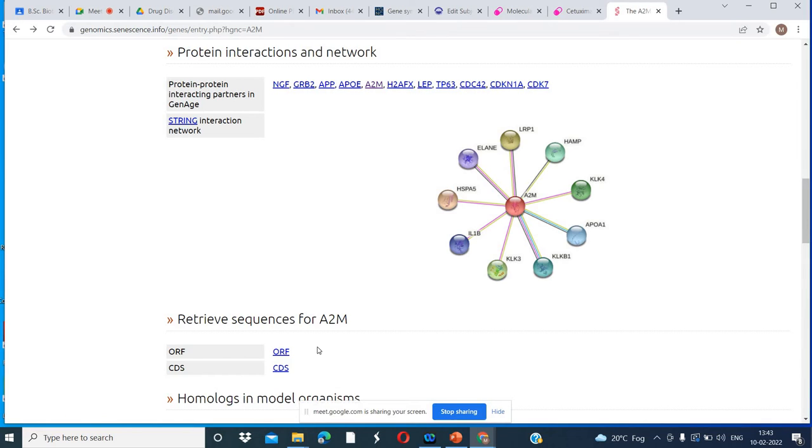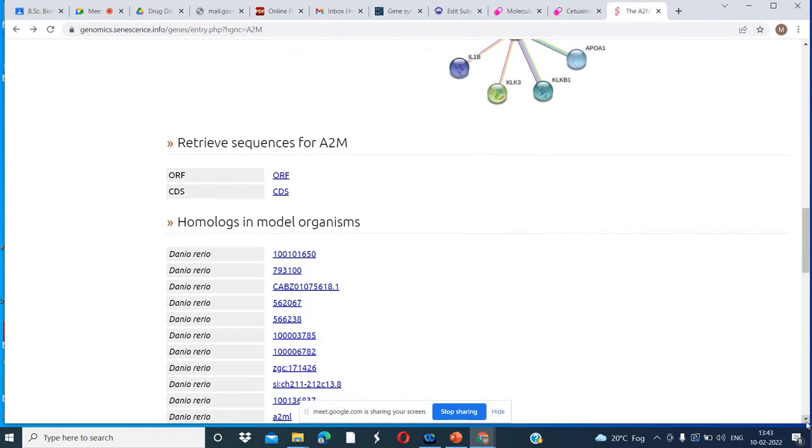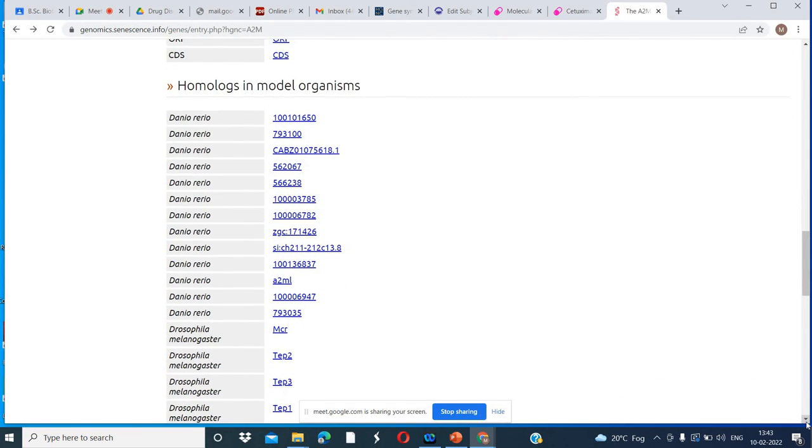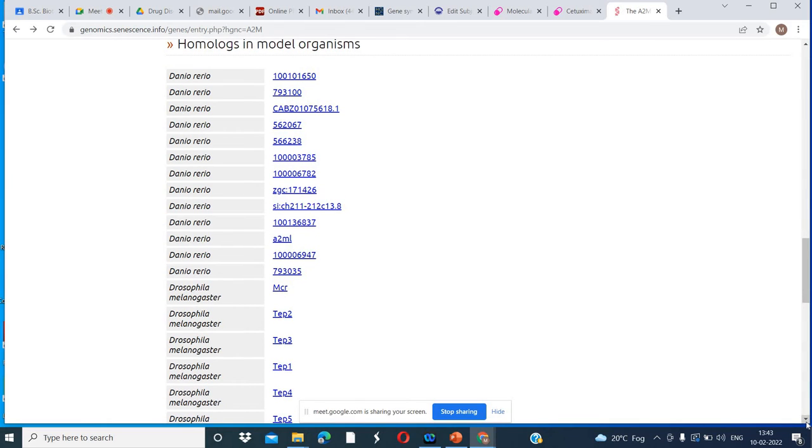Retract sequence for ATM. You can also get the open reading frame by clicking on this, and the coding sequence by clicking on this CDS. Here you also get the information about homologs and models. These are all the homologs. Homologs means orthologs. In Drosophila melanogaster we have homologs, and in Danio rerio we have the homologs of the same gene.